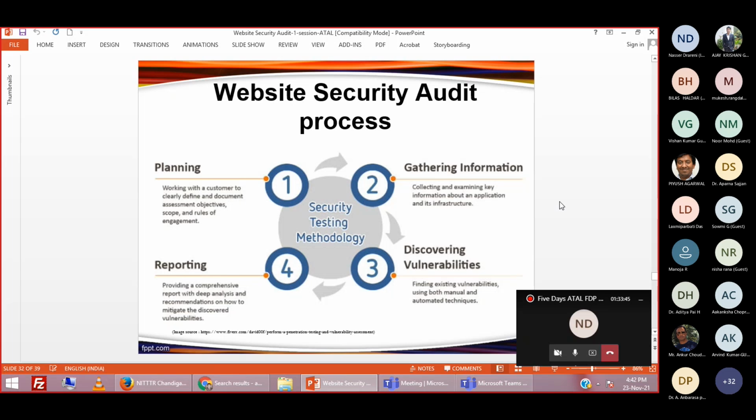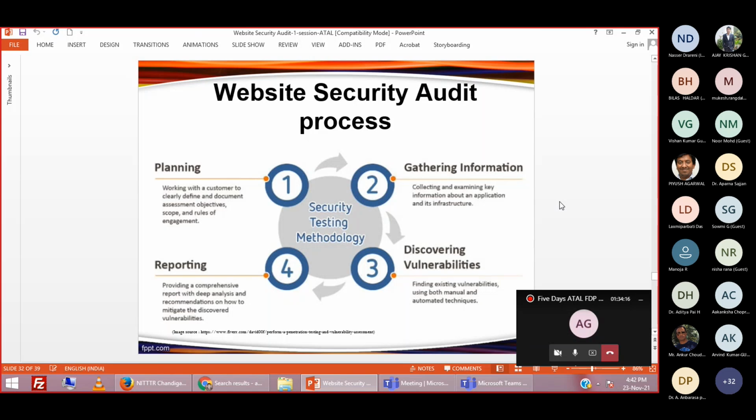As per my past experience, I have been connected with many security audits of government websites. I was not the auditor, I was part of that team. For a simple institutional website, auditors will charge around 1 to 1.5 lakh or 2 lakh rupees, right? So now you can estimate: you are developing your website for 10,000 and you are paying 1 lakh rupees for a security audit. It is not justifiable.